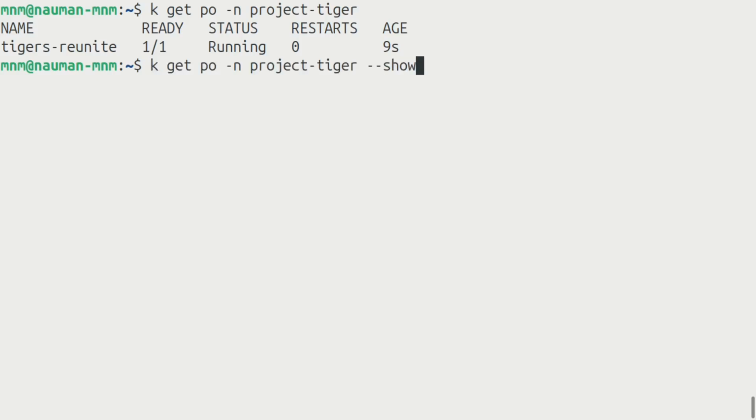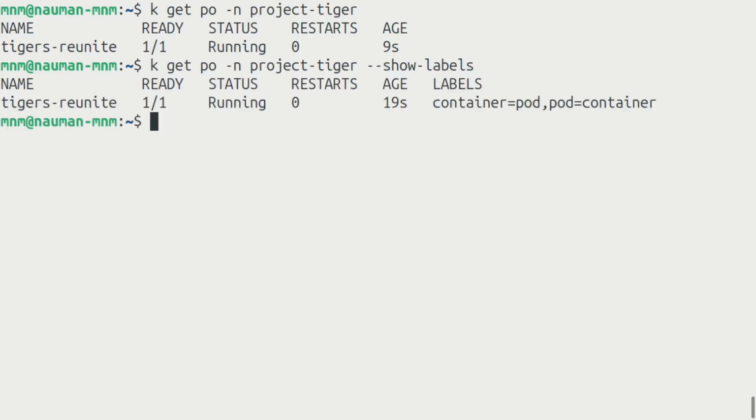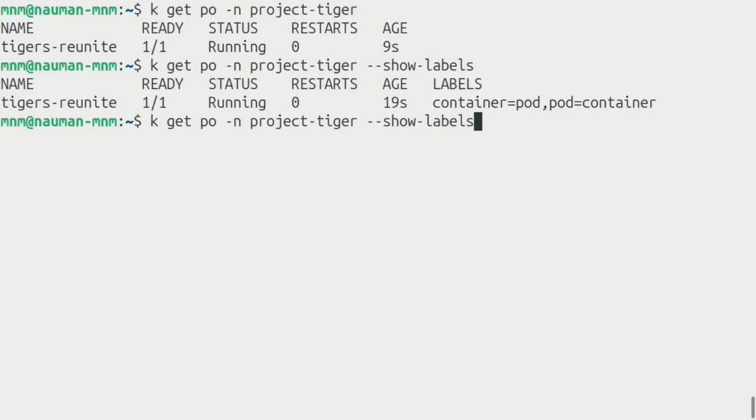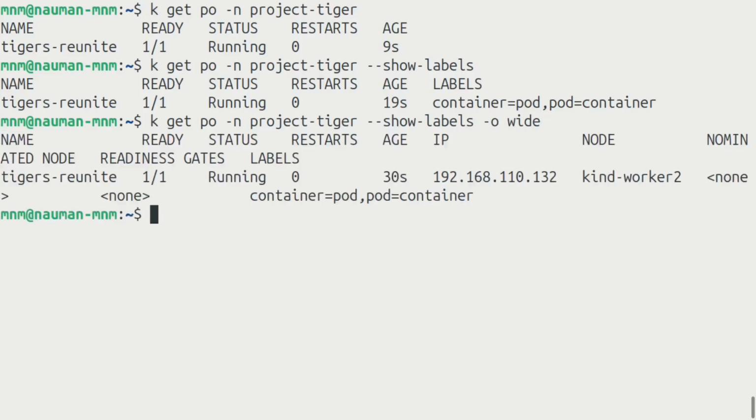Let's say --show-labels. Okay, so these labels are being shown, what we were expecting. It's working now. One more thing we have to do is to see which worker node it has been running on. It's running on kind-worker2, as we are using the kind Kubernetes cluster, so it's making use